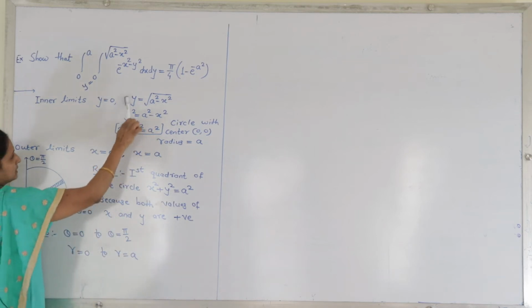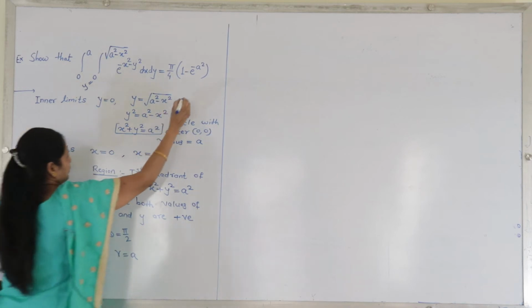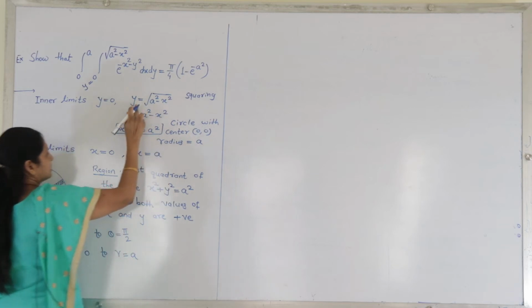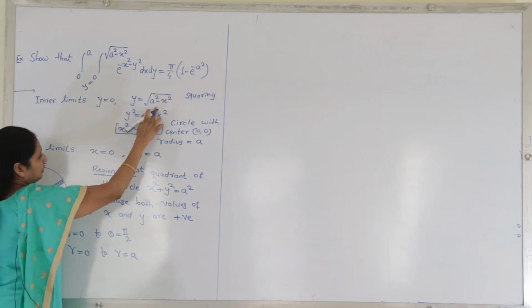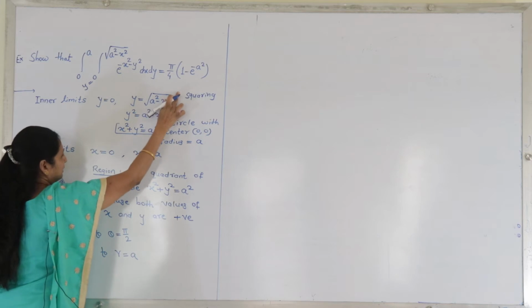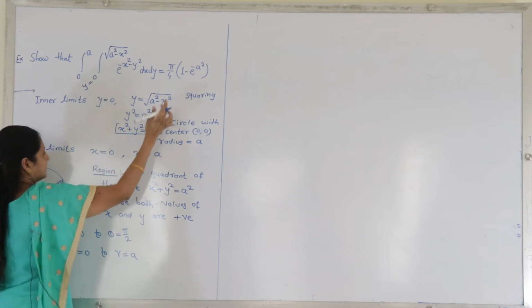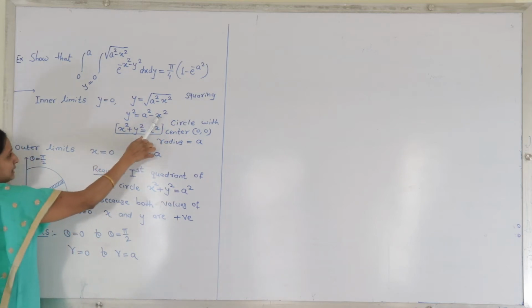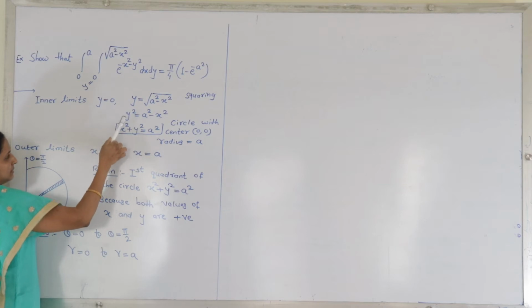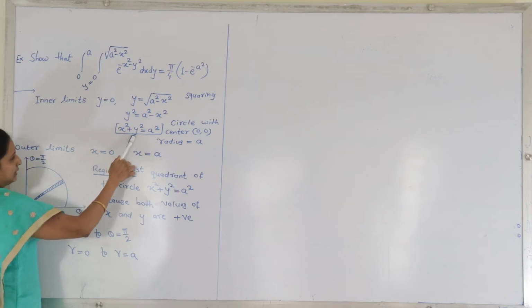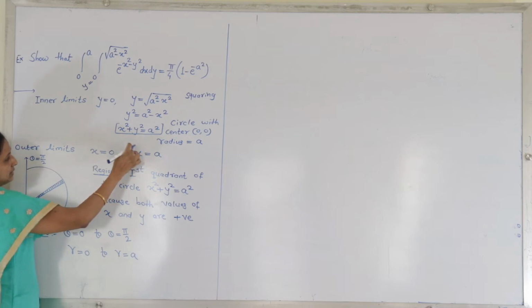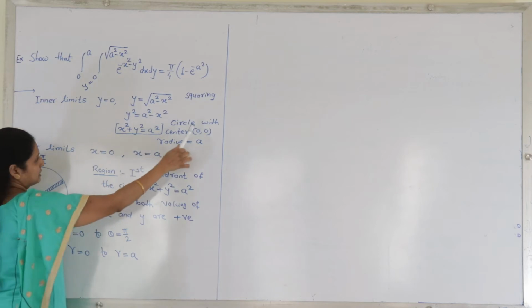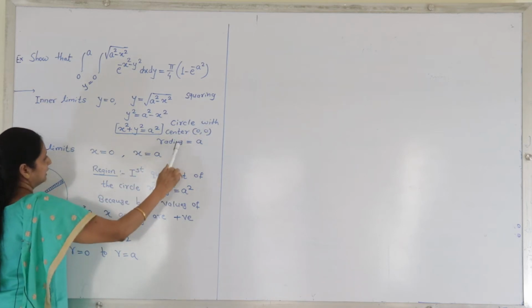Now suppose we solve this equation. Squaring both sides, you will get y square is equal to bracket under root a square minus x square, bracket square. Root and bracket square will get cancelled. Therefore only a square minus x square. Then this minus x square on the LHS becomes plus x square plus y square is equal to a square. And this is the standard equation of the circle. Now this is a circle with center 0 0 and radius a.